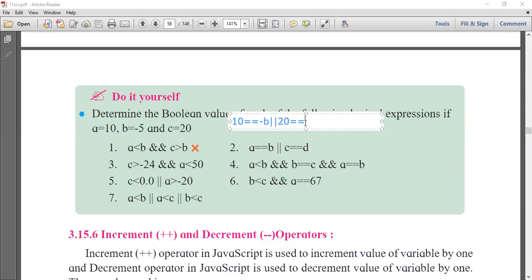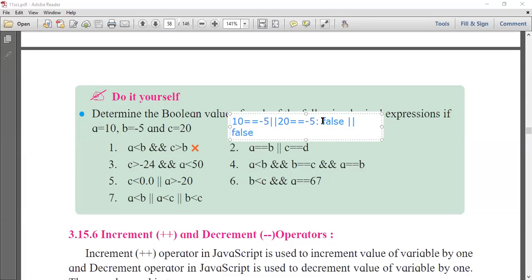See, so here is B. B means minus 5, so I am taking here minus 5. And here A, B means minus 5. So 10 double equal to minus 5, 20 double equal to minus 5. See here, these are not equal and these are not equal. So what will be the answer? False or false.